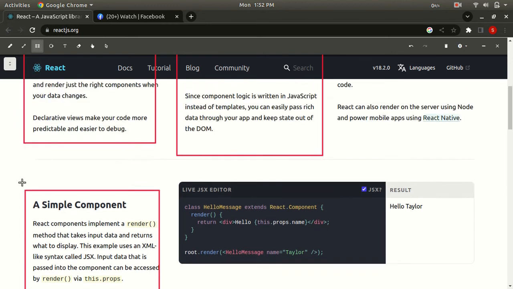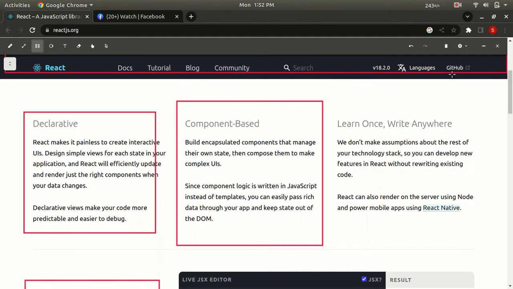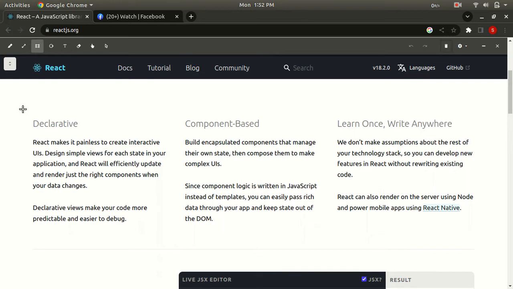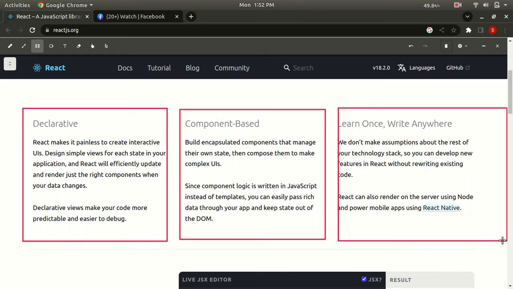To create these sections we use React. This component might be reusable. For example, if we consider the sections Declarative, Component Based, and Learn Once Write Anywhere, these three are similar sections, only the text is different.